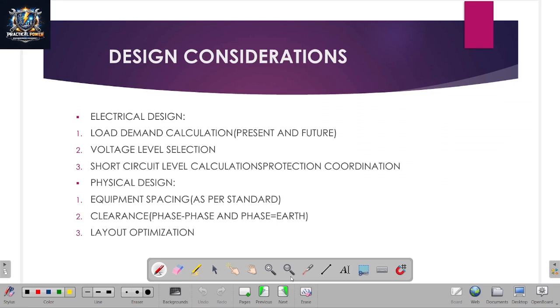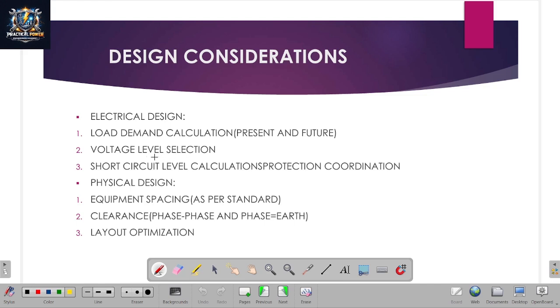While going for the design of the substation, first we take the input parameters, load demand calculation, present and future. For the present, what should be the connected load, and for future expansion, what will be the load. Then